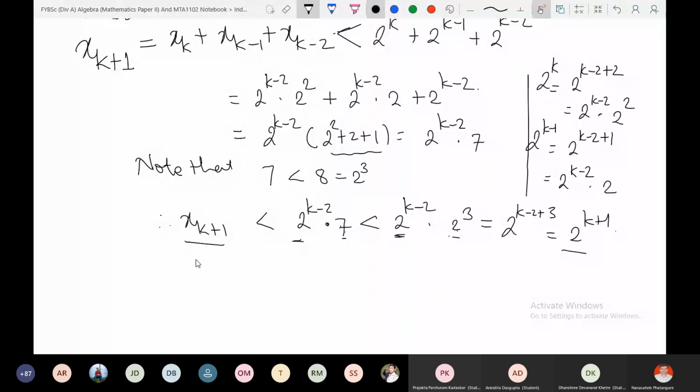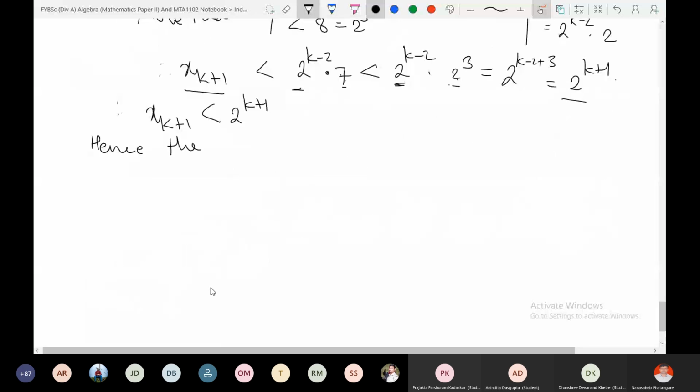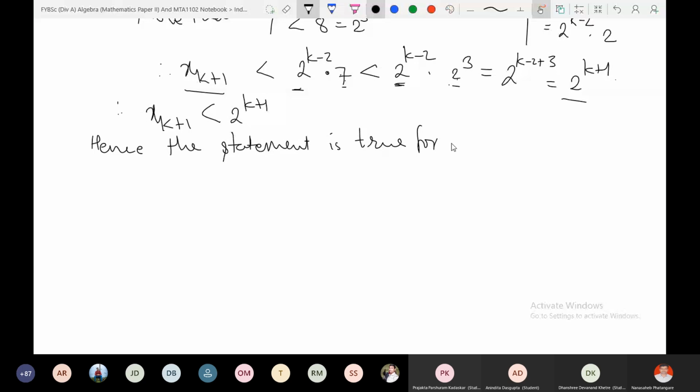So xk plus 1 is less than 2 raised to k plus 1. Ultimately, we reached our goal. Therefore, xk plus 1 is less than 2 raised to k plus 1. Hence, the statement is true for n equal to k plus 1. Therefore, by induction,